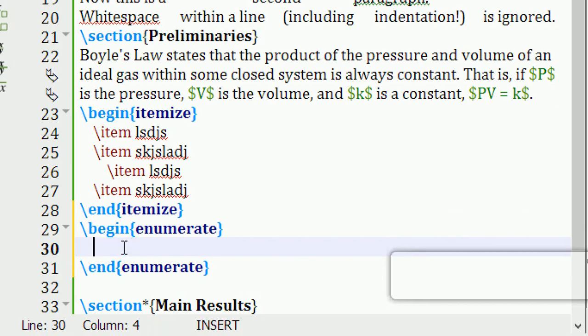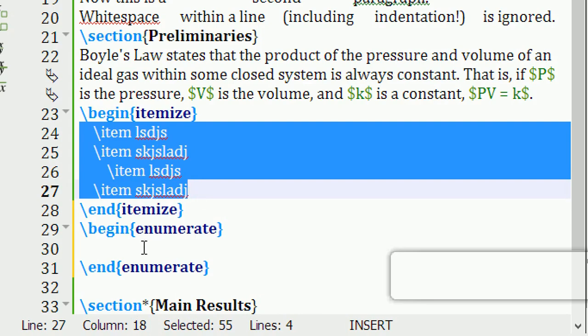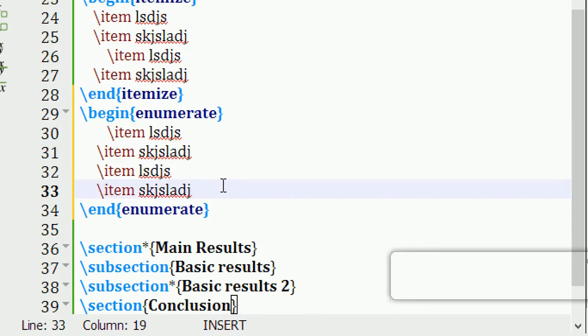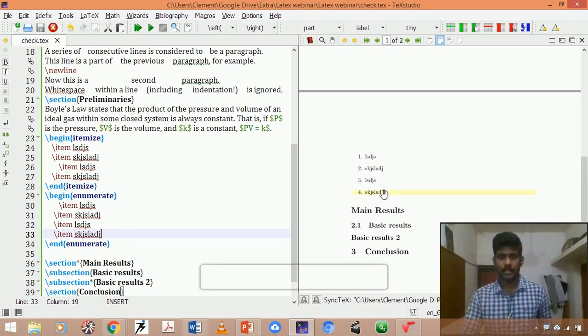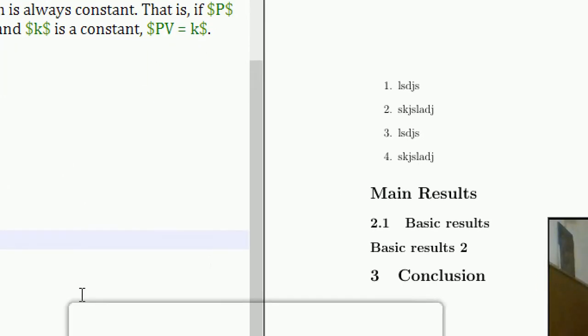It is not needed to write once again, so I can simply copy the text which was already used for itemize, paste it over here, and if I compile it, I could see here it automatically enumerates. So this comes under formatting lists in your TeX.